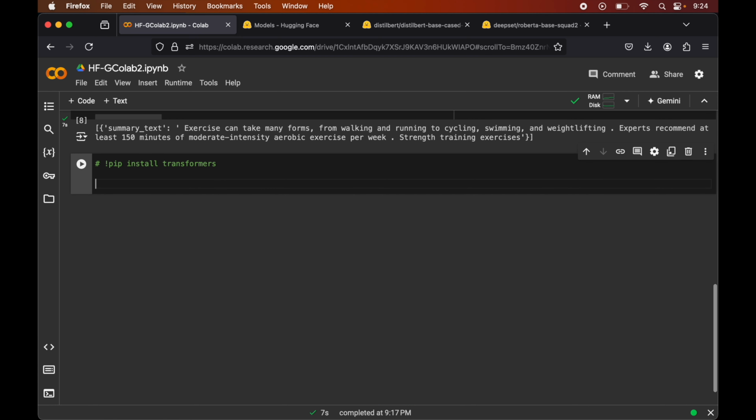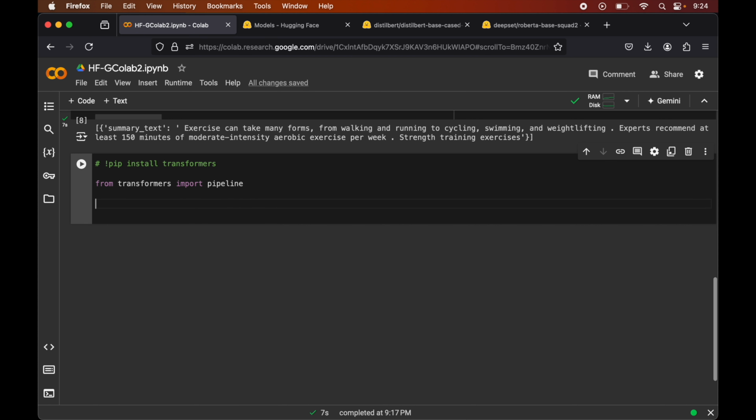After that we need to import the pipeline method from the transformers library. So we write from transformers import pipeline, and here we will call this pipeline and pass a couple of parameters. Inside this pipeline, first of all we will pass the task, which is question answering, and then we will pass the model.